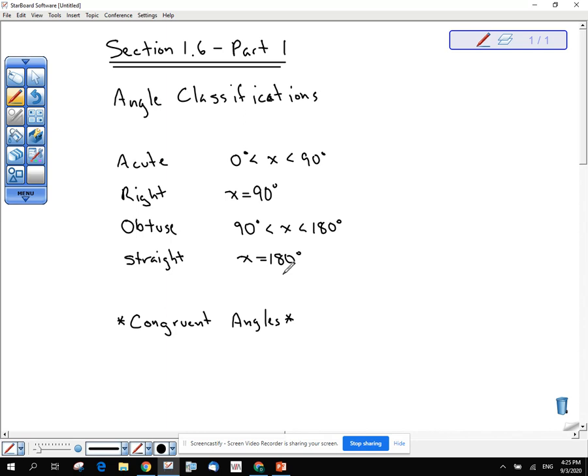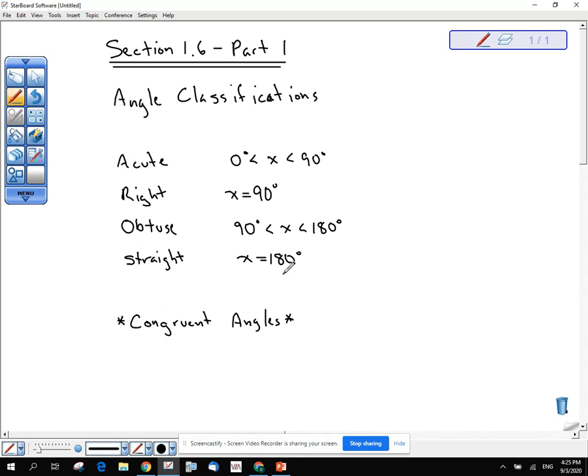A couple things. Number one, if you have trouble keeping acute and obtuse straight, I've heard through the years students tell me that they remember it because they think acute, little angle. Okay, the smaller one is cute. I don't know if that works for you or if you need that kind of help, but that has worked